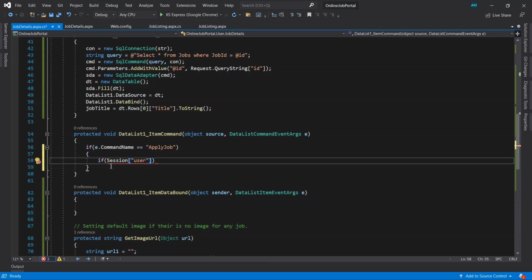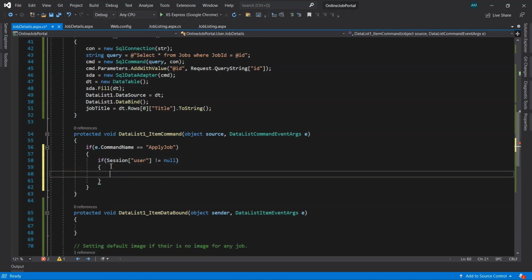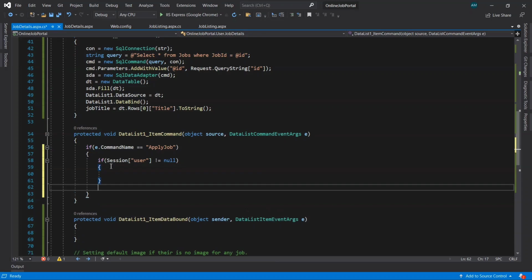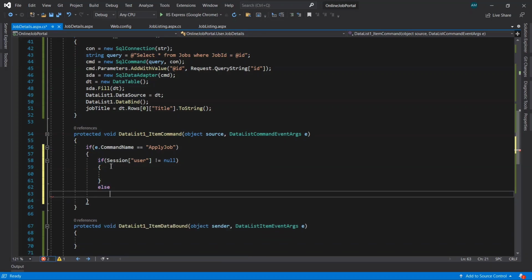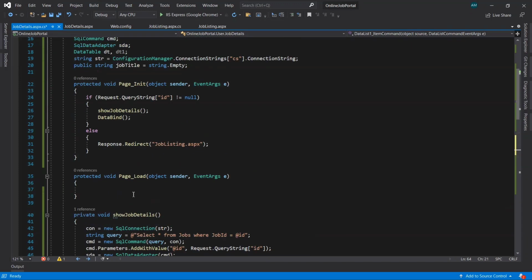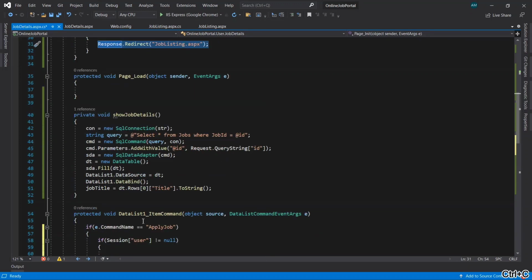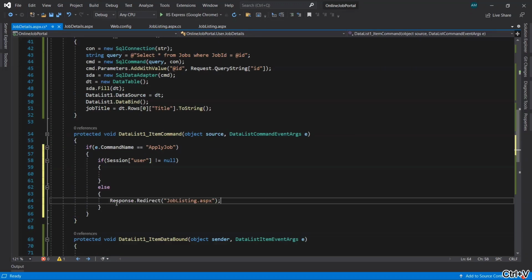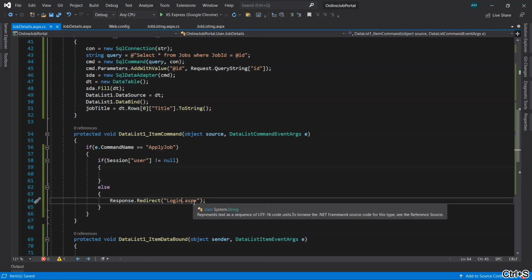Okay, if it is not null, that means the user is logged in. If it is not, then in the else block we need to handle that also. We need to redirect the user to the login page, right? So we'll copy this line of code and paste it in the else block. So we'll take them to the login page. Okay, save it.